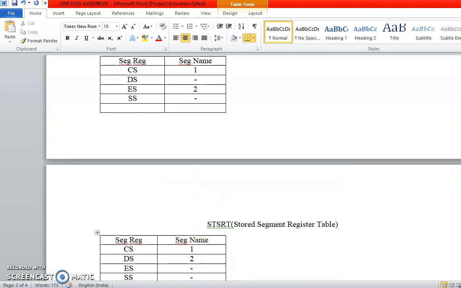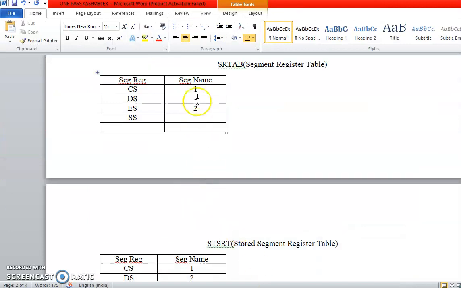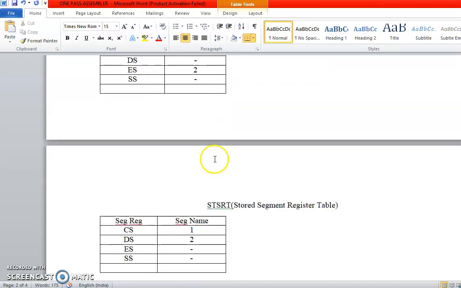Now if we encounter one more statement somewhere around here where we can see that CS is code and SS is data, so again this entry will be stored inside the STSRT and a new SR tab will be created with CS as 1 and SS as 2. Now multiple entries of STSRT will be created accordingly and everything needs to be stored.